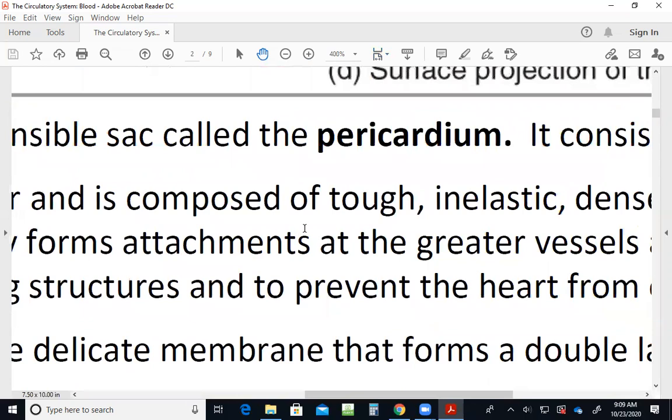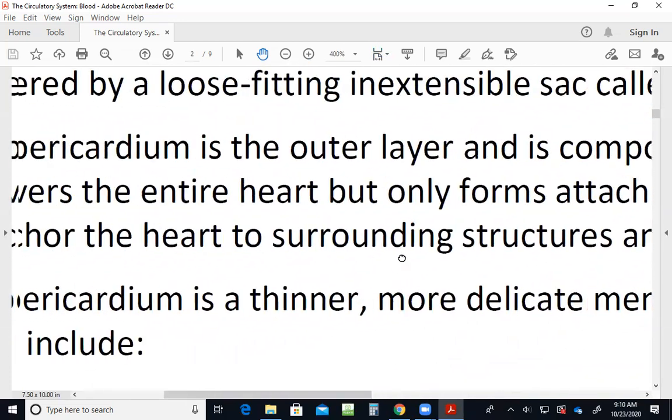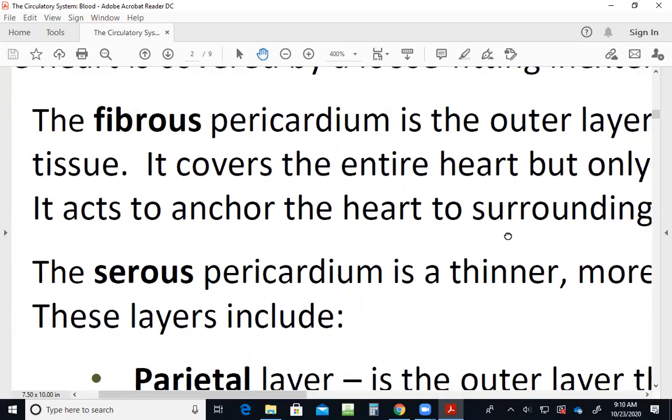Okay, so that's just general features and location of our heart. We'll start on this page really getting into the anatomical parts of the heart, starting with something we learned about once again back in that very first lecture, the sac that encloses our heart, what we call the pericardium, which is actually a two-part sac,